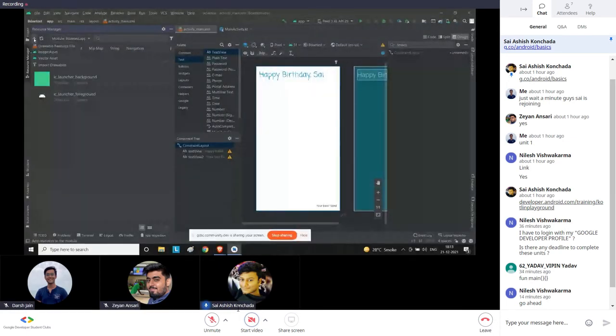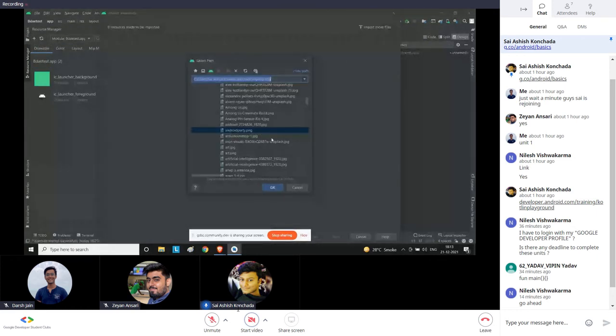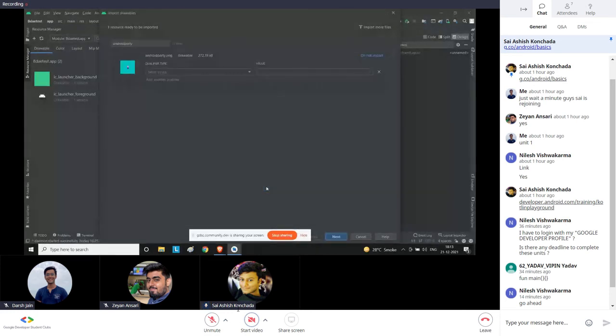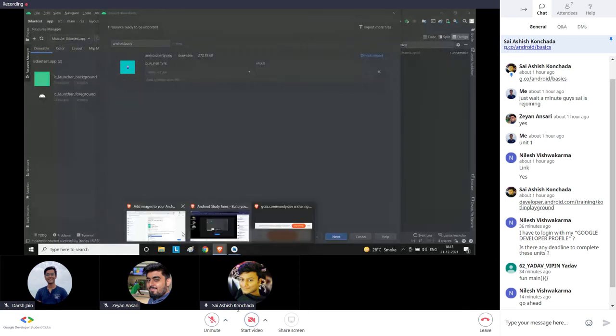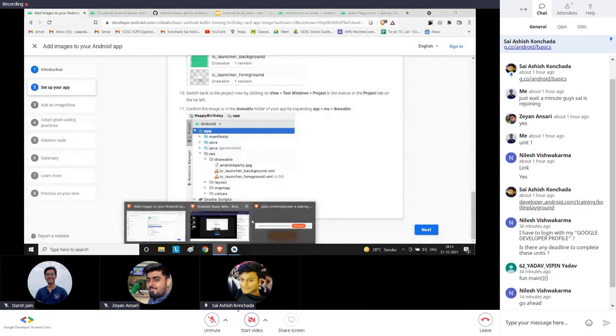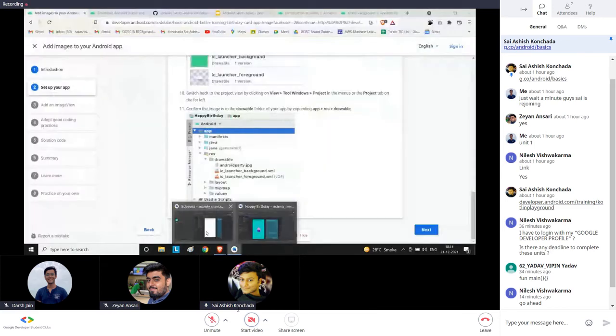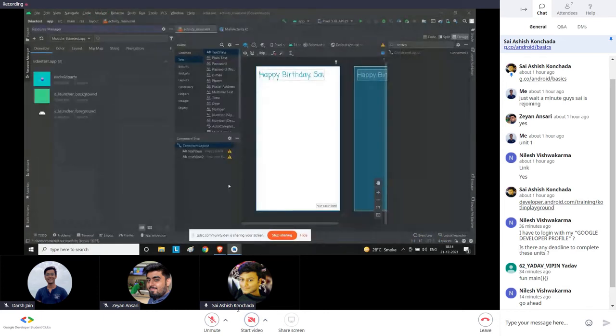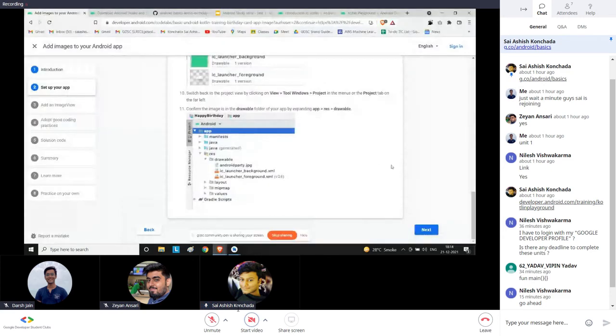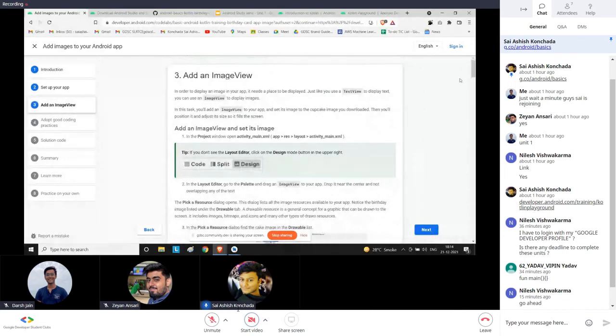Okay, so if we are using this plus sign, we'll use import drawables, and I have downloaded this. In my downloads, I have Android party.png. I'll press OK, and let's see if they've told us to do something. We have to just confirm. Okay, you have to just add this here. So here our drawable is there. We have imported the drawable into our Android Studio. Now what we'll do is we'll take this image and put it in our app.